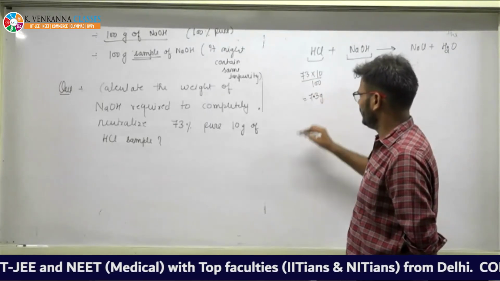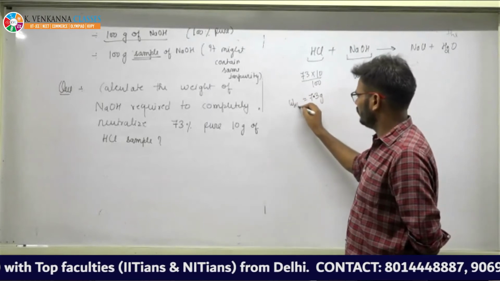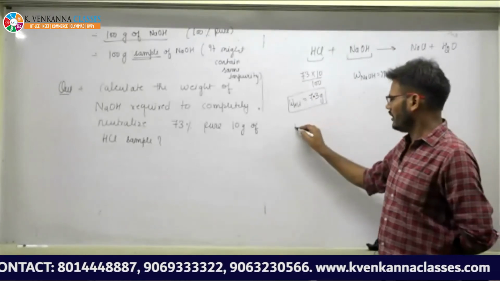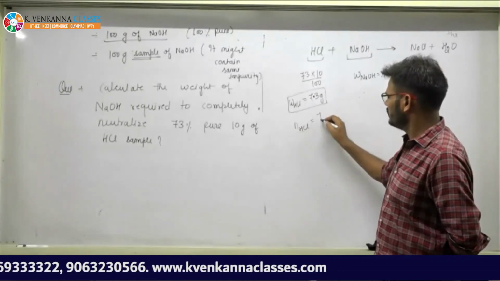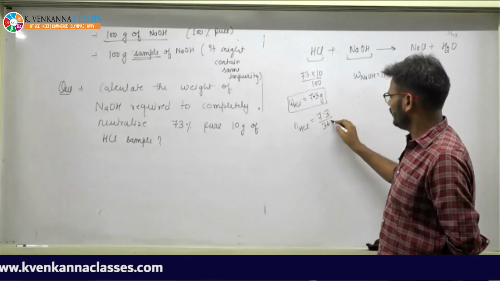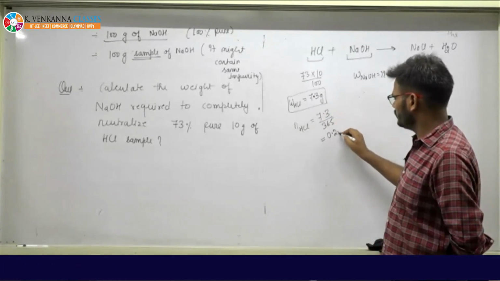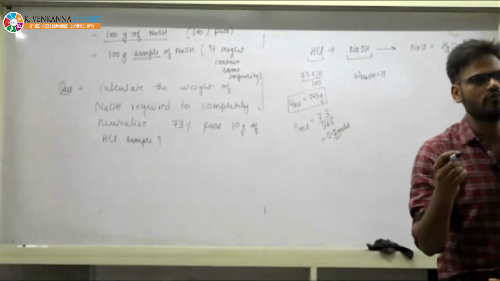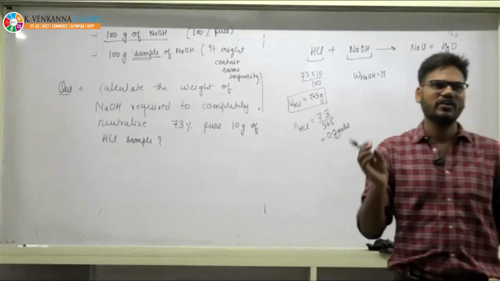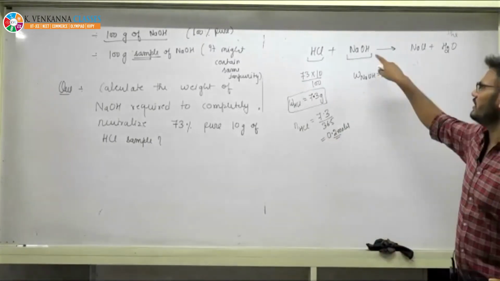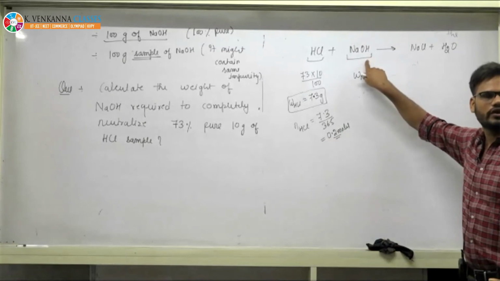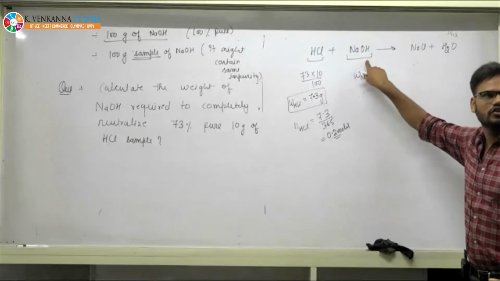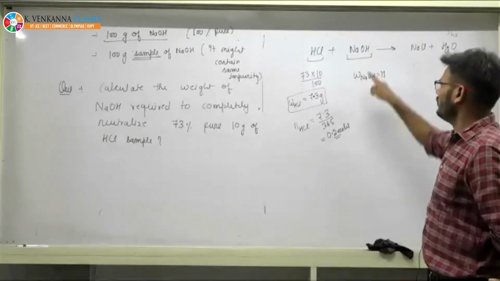So they have given you 7.3 gram, the actual weight of HCl. Now you can calculate the moles. Moles of HCl will be 7.3 by 36.5, that is 0.2 moles. So the sample contains exactly only 0.2 moles. The remaining amount is impurity, and the impurity might not react with base, or the impurity might be of basic nature, which is why it is not reacting with base. So we need to remove that amount because it is not going to react with NaOH.